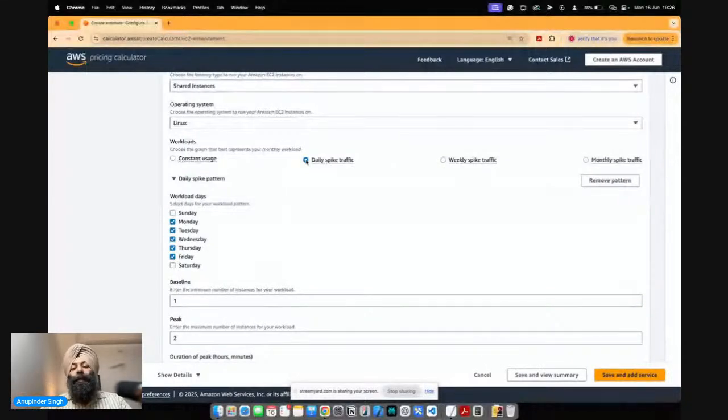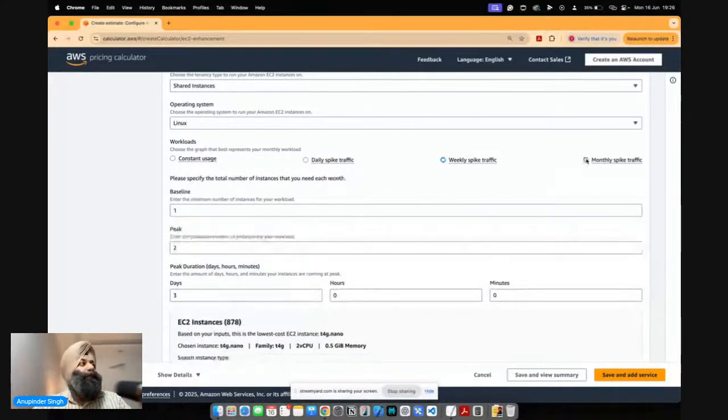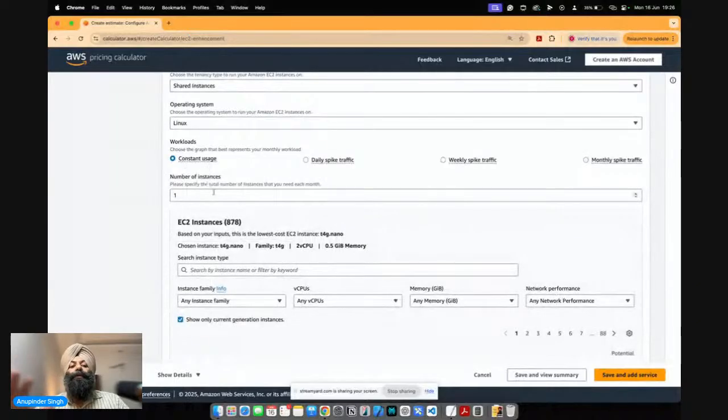नॉर्मली वर्क डेज पे आएंगे और बिटवीन द पीरियड ऑफ 9 AM टू 5 PM, जितनी देर मार्केट ओपन रहता है, राइट? या वीकली स्पाइक हो सकता है, जैसे वीकेंड पे स्पाइक्स आ रहे हैं तो कितना होगा, राइट? मंथली स्पाइक्स हो सकते हैं, जैसे ई-कॉमर्स की सेल्स होती हैं कुछ स्पेसिफिक टाइम के लिए. तो उस बेसिस पे you can define your kind of workload कि कैसा आएगा. So I will say कि constant होगा और number of instances means कितने virtual servers आप कर रहे हैं. तो right now मैं एक ही virtual server के साथ इसकी estimation देख रहा हूँ.